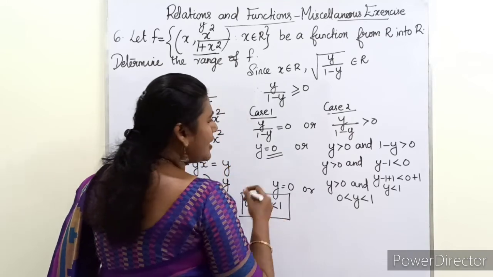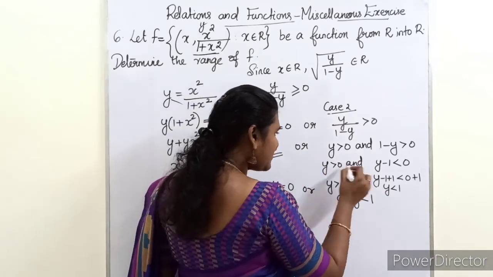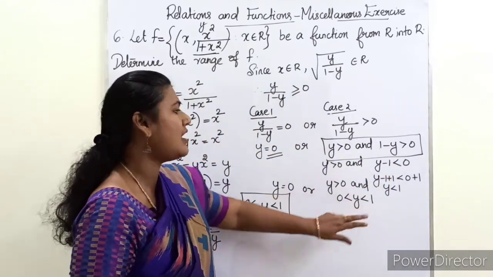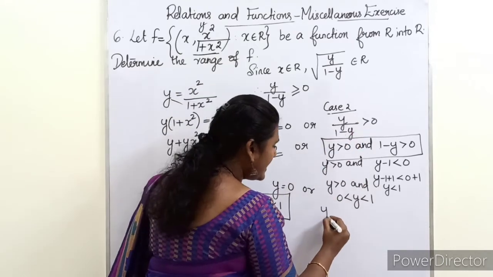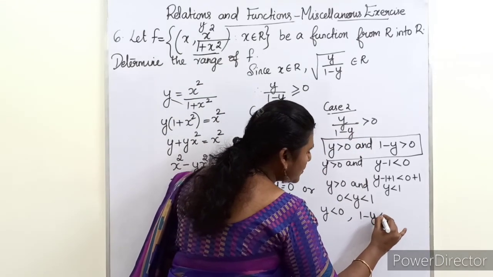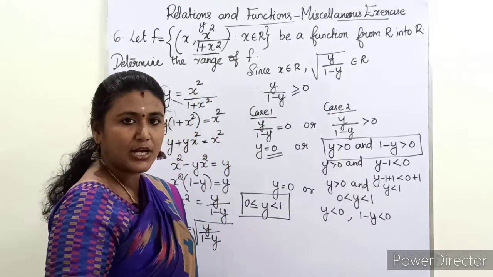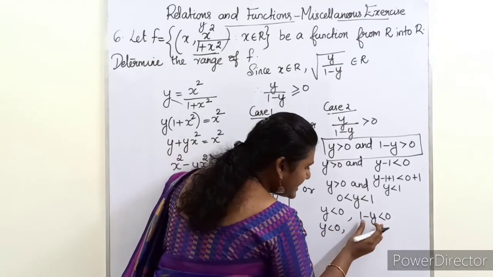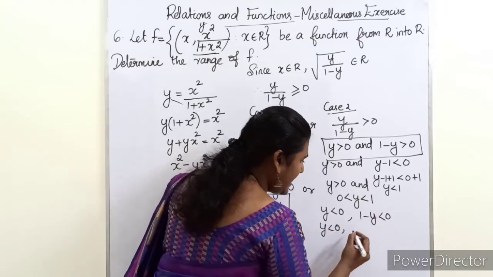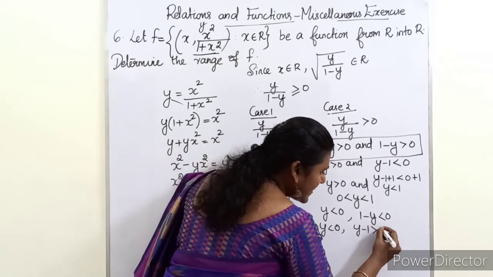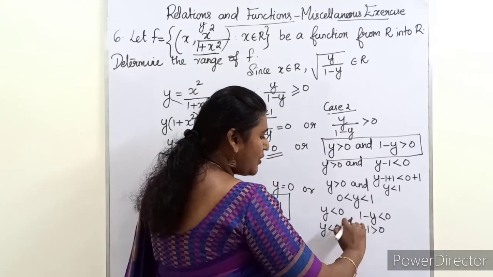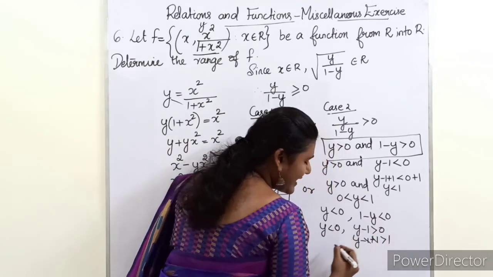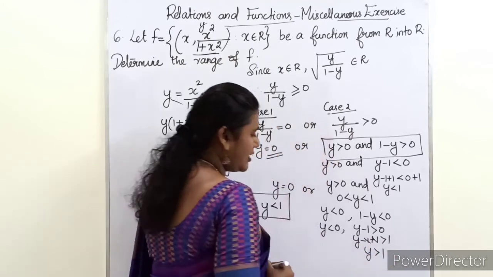We are getting this. Now we will see the next possibility. Actually this is both the cases are positive. Both numerator and denominator positive. We got this condition. Now the second case also I said if y is less than 0, 1 minus y is also less than 0. If both numerator and denominator less than 0, what will happen? We will see now. y less than 0, and this expression we will multiply with a minus sign. So y minus 1 greater than 0 you will get. Now you add 1 on both the sides. So y minus 1 plus 1 greater than 1. These two will get cancelled. So you will get y greater than 1.